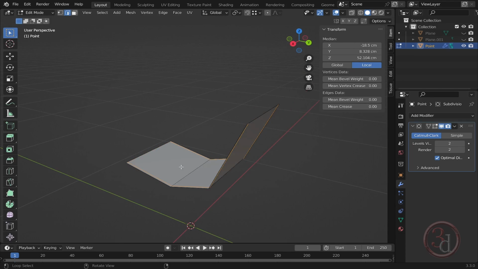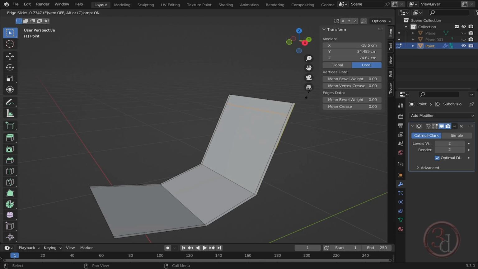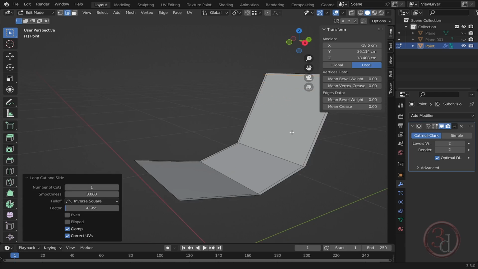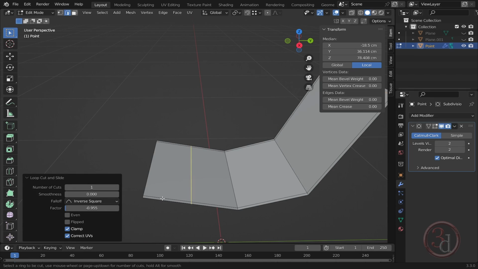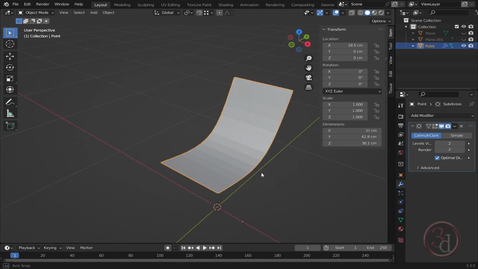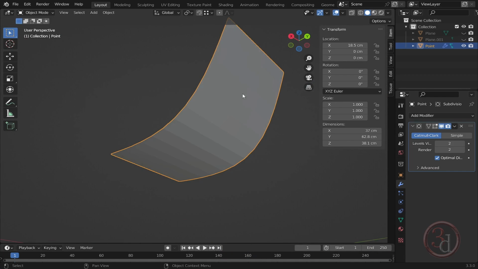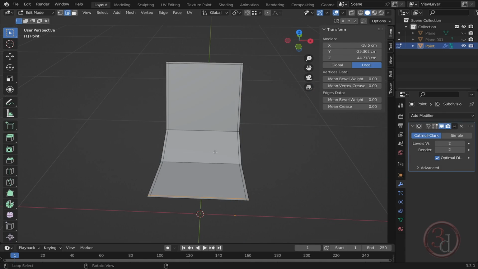Okay, press tab again, and now I can add one more loop cut here. Control R, and then just bring this closer. One more over here, Control R, bring this closer. Okay, now see the result. Okay, this is good. I would like to extract some of the edge lines from this smooth mesh. I would like to add one in the center,